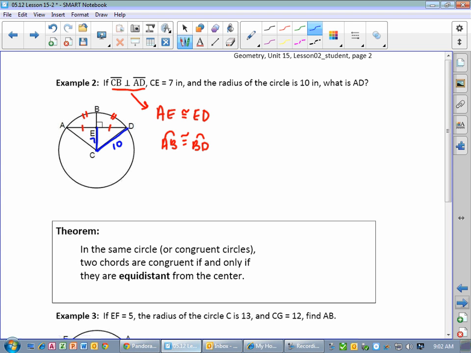And notice that if this is a right angle, then this must be a right angle. So what shape do we have right here? Right triangle. So we can find ED. Right? And if we find ED, we know AE is the same because they're congruent. So we can find ED, Pythagorean theorem. So which one's the hypotenuse there? Okay, so we've got 10 squared minus 7 squared. And that comes out to